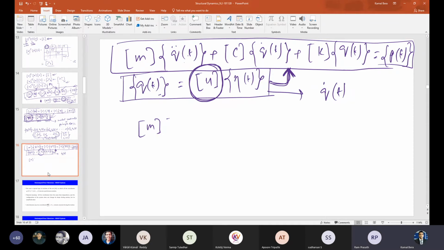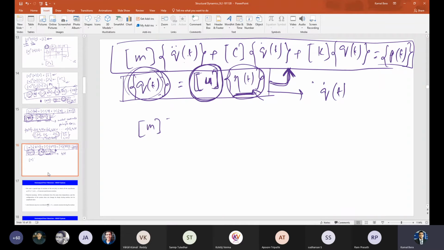Time independent. This is the mode shapes that we have already obtained from our eigenvalue problem. This is the time dependent part that we are going to obtain. Once I get eta t and plug it here, you'll get the final responses in the physical coordinate. So this is the physical coordinate response, and this is the principal coordinate, the modal coordinate. And these constitute mode shapes U1, U2, UN, right?